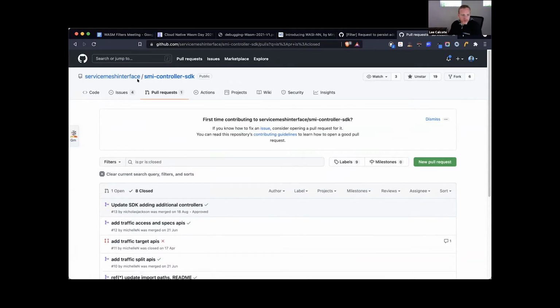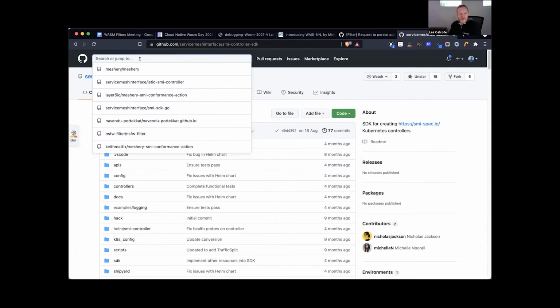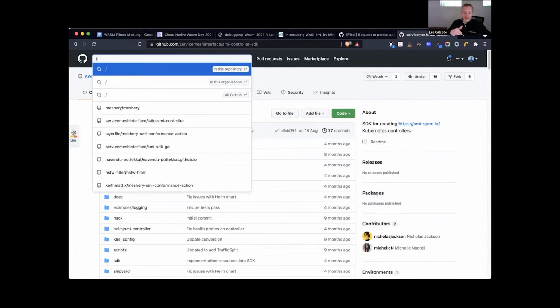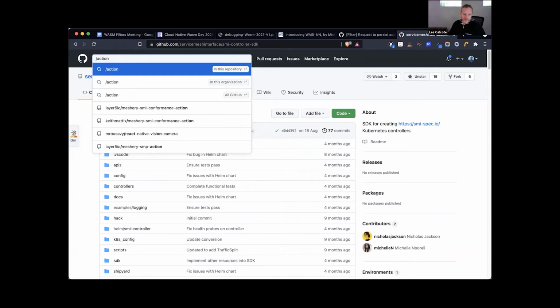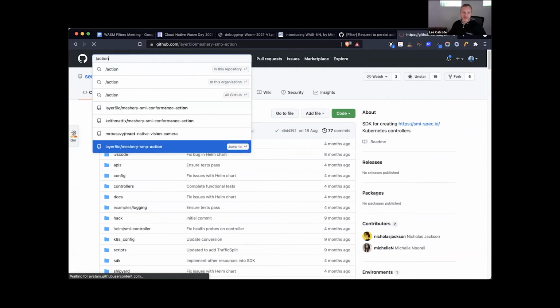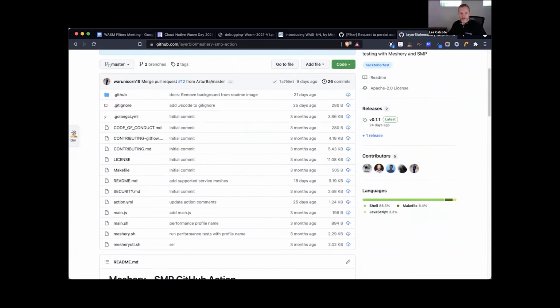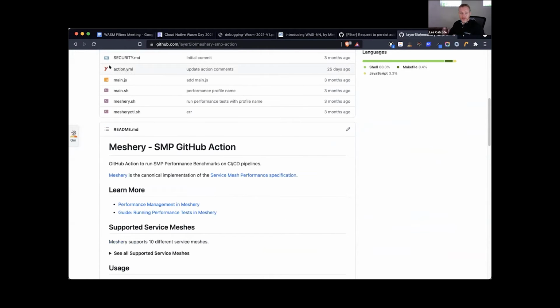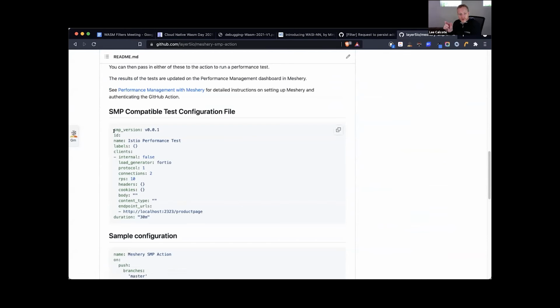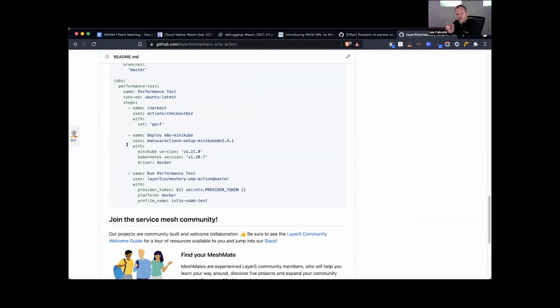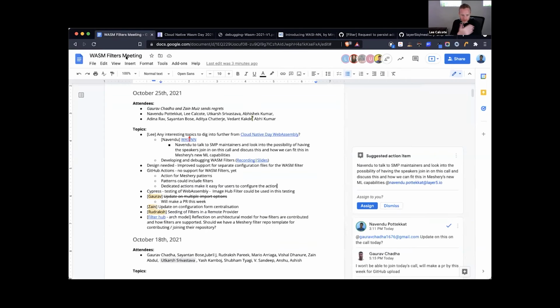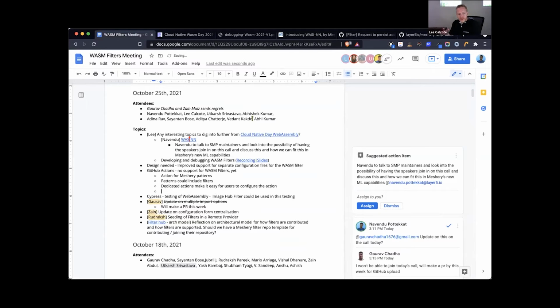So there's already one for SMI. There's already a Meshery GitHub action for SMI. What's being suggested today, I think, are two things about potential new GitHub actions. So one is a GitHub action for service mesh patterns, such that the GitHub action would be focused on mesheryctl, but it would be focused on mesheryctl pattern, something like pattern apply. The second GitHub action that's being suggested is just a generic one that has an uncurated experience.